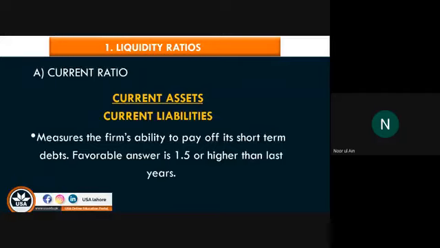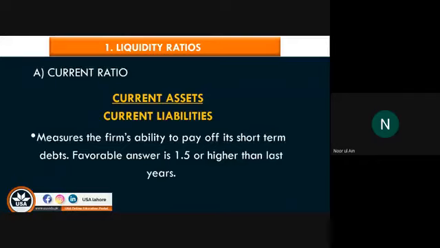So this particular ratio will tell you how well the company is catering to those short-term obligations through its current assets, whether the company is in a safe condition or not, because the value of your current assets must be greater compared to your current liabilities in getting to know how well the company can manage them. So in the current ratio, current assets are divided by current liabilities. The answer of this ratio must be